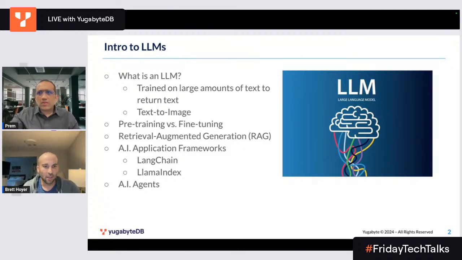So creating an LLM is done by pre-training and fine-tuning. Pre-training is what's known as the process of ingesting a large amount of data